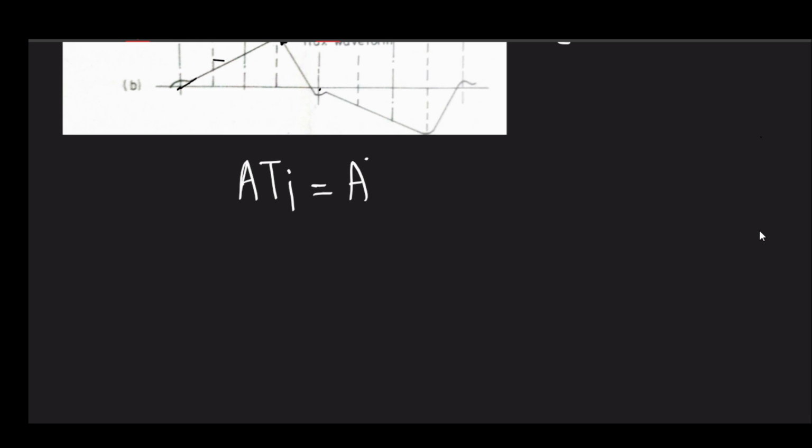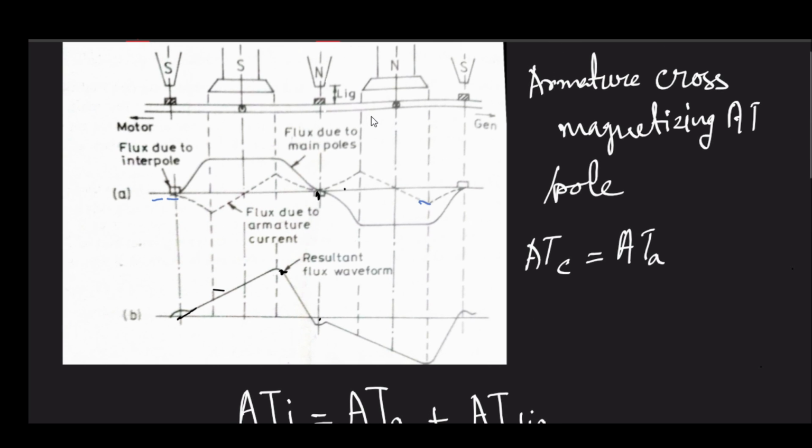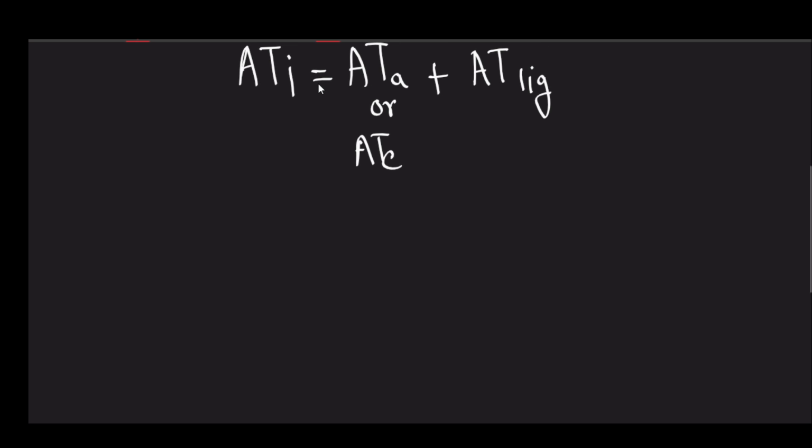That will be ATA or ATC, plus the term involving LIG, where LIG is the air gap length. So this is the ampere turn required per pole